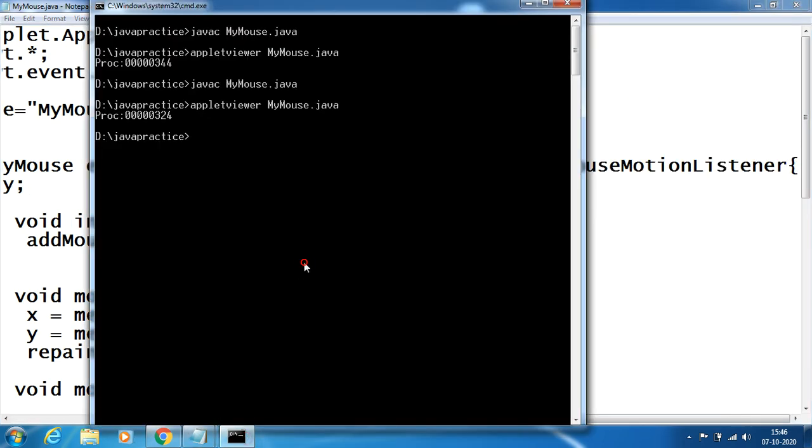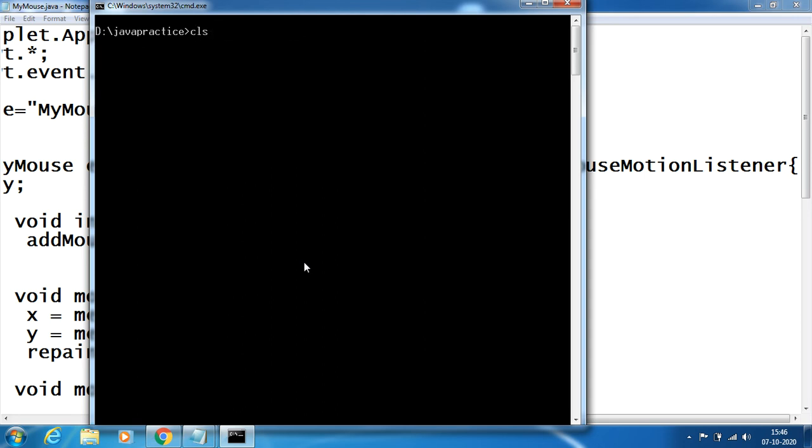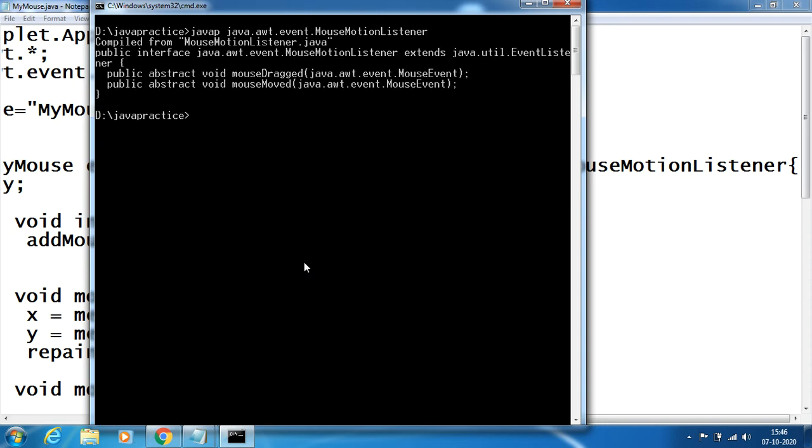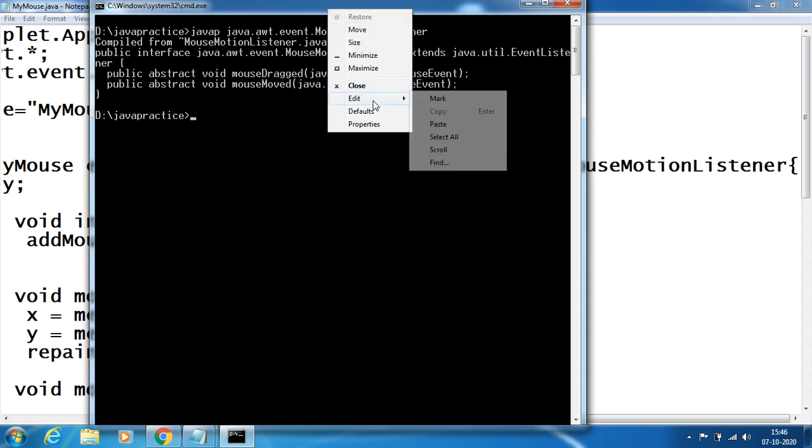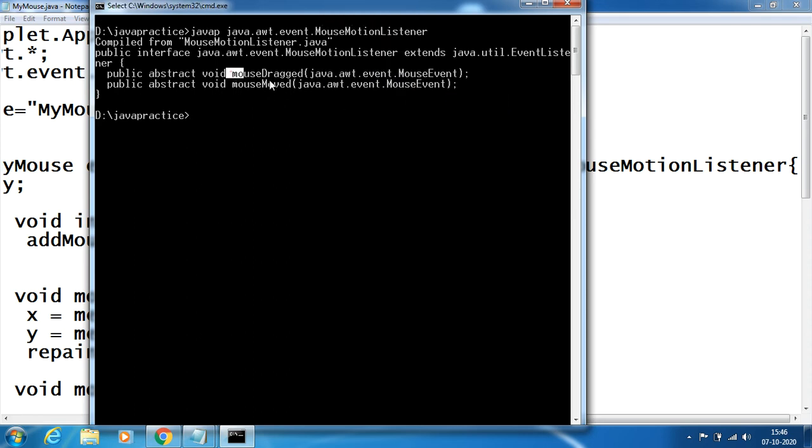What does mouse motion listener contain? You just check in your API, java dot awt dot event dot MouseMotionListener. See, mouse motion listener has two important methods: mouse dragged and mouse moved.